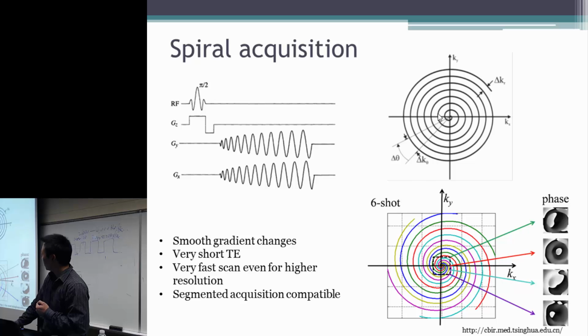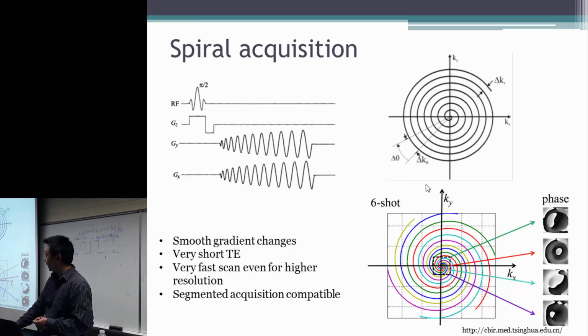So this is a single shot spiral, and this is a multi-shot spiral. So using the spiral acquisition, you get very smooth gradient changes. So relatively, it gives you less requirement for the gradient systems, and it can also give you less eddy currents,